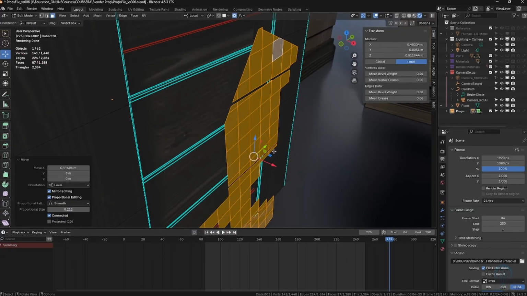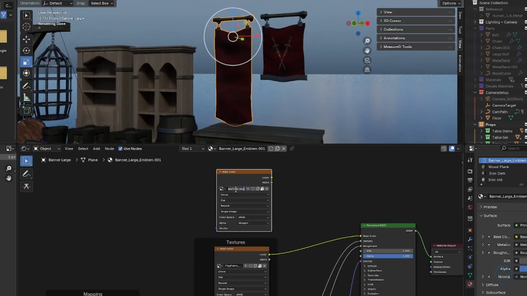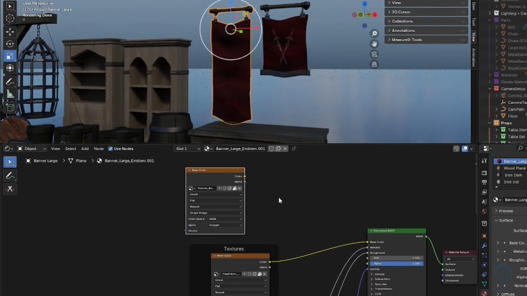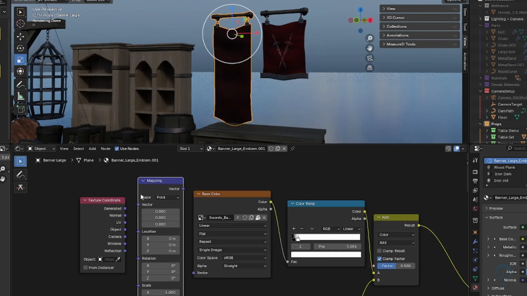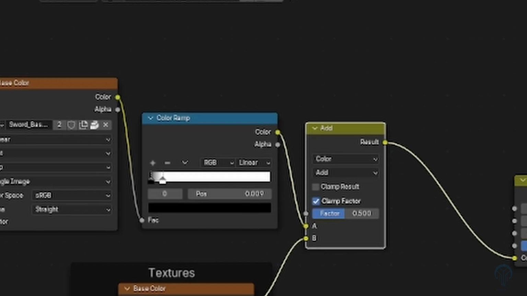how I could potentially create a unique material which combined two textures within the material itself using both Unreal and Blender. In Blender, I duplicated the cloth material and connected texture coordinates and mapping nodes to a texture that provided the emblem image. I then used an add node to combine them with an aligned emblem on the flag's surface.